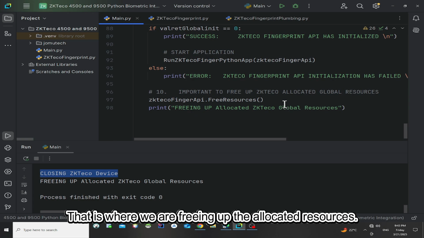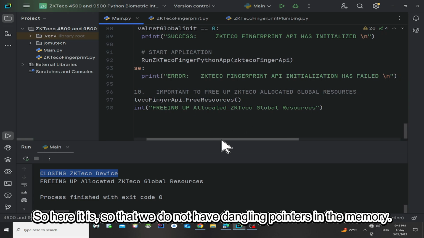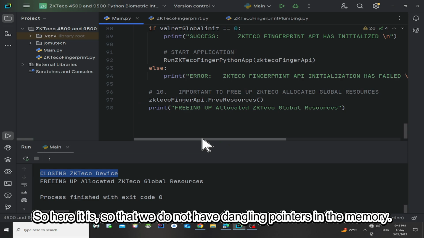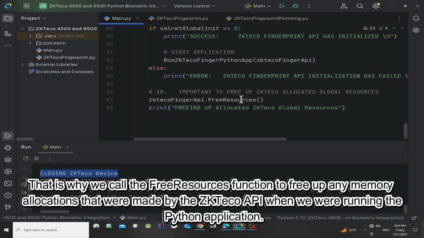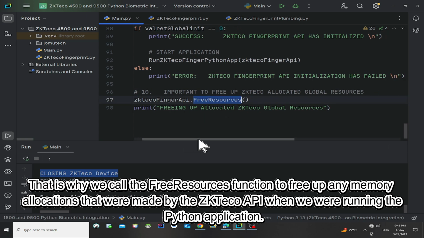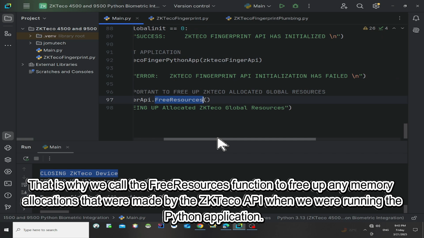That is where we are freeing up the allocated resources, so that we do not have dangling pointers in the memory. That's why we call the free resources function to free up any allocations that were made by the ZKTeco API when we were running the application.